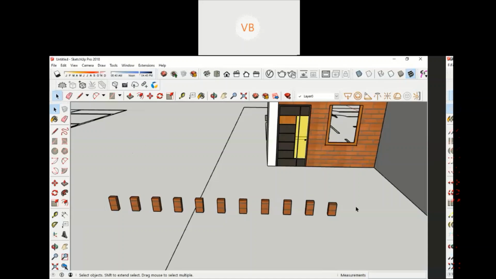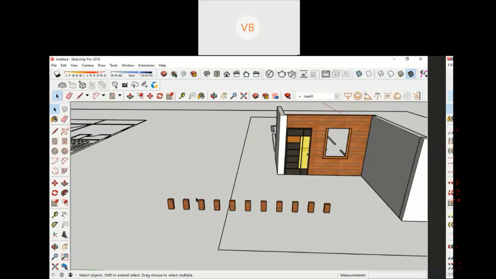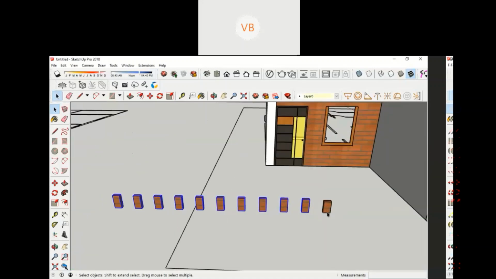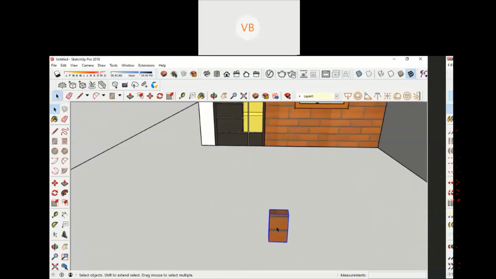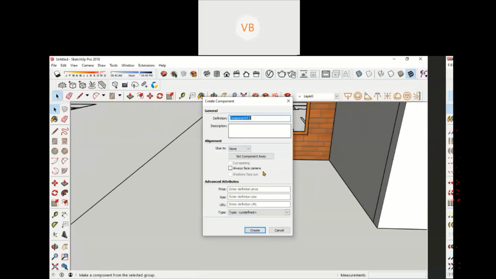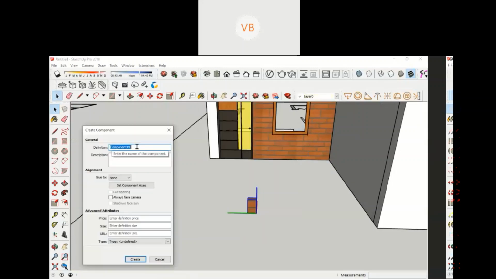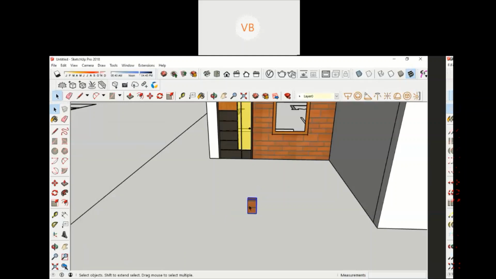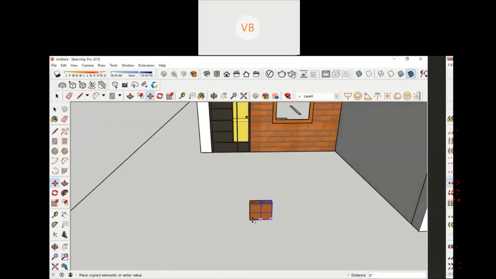So instead of doing that, what you can do is make this a component. Right click, make component, create it as a component, and name it if you want. Name it as poro brick. Then once the component is created, copy